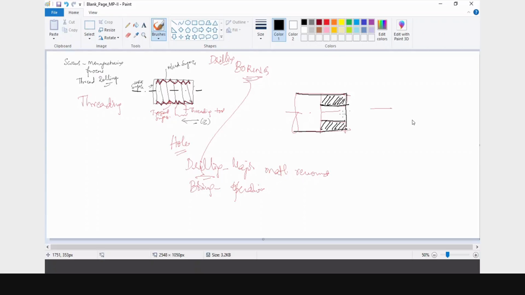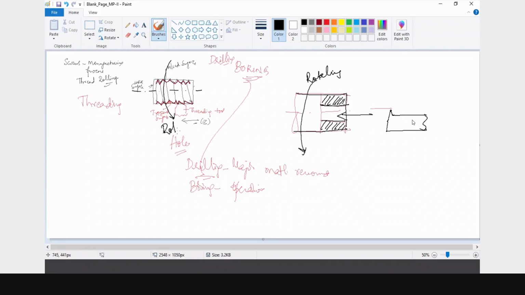Here the boring machine will also have a tool something like this. The tip will be moving, touching this workpiece, and the workpiece is rotating. Here also same case, the workpiece is always rotating in this spindle.